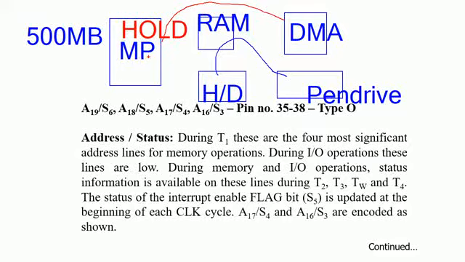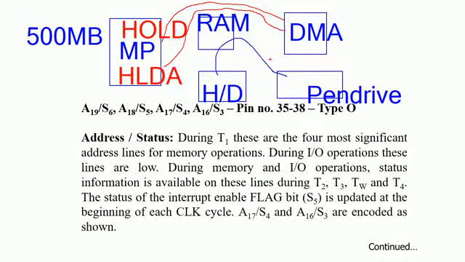If the microprocessor is not doing any important work, then it will generate one more signal called the hold acknowledgement signal, HLDA, to the DMA controller. To implement the DMA technique, we have one controller called the DMA controller. So the microprocessor transfers one acknowledgement signal to the DMA, saying that I am ready to relieve the control over the